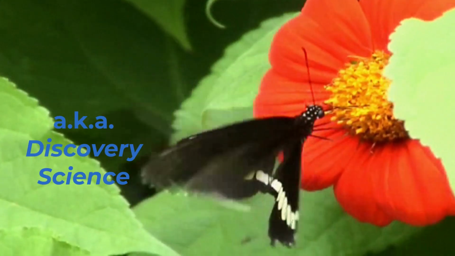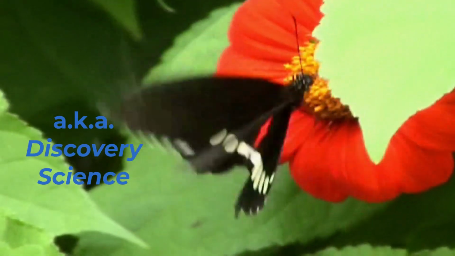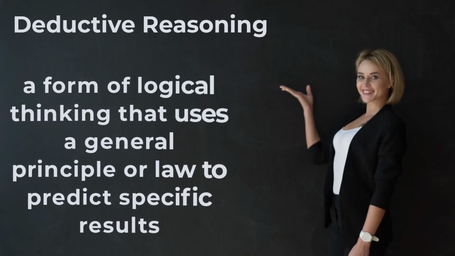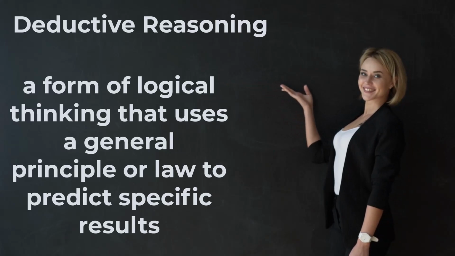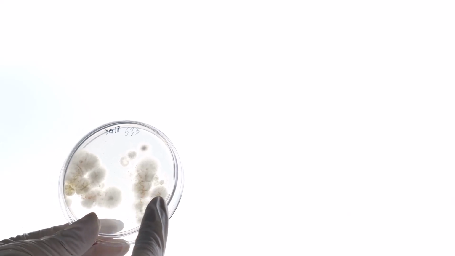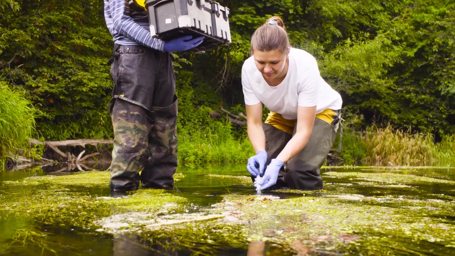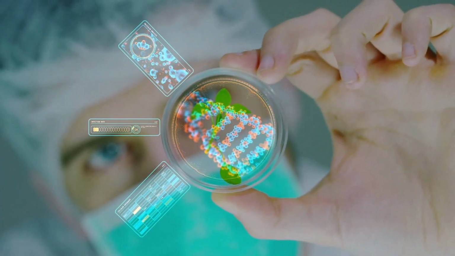This type of reasoning helps a person to observe, explore, and discover. Deductive reasoning is a form of logical thinking that uses a general principle or law to predict specific results. Deductive reasoning is hypothesis-based. It begins with a specific question or problem and formulates a potential answer or hypothesis that